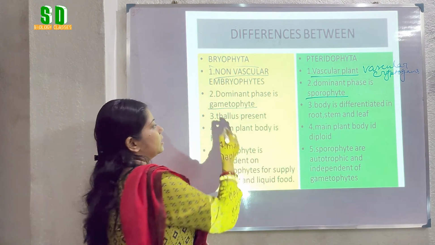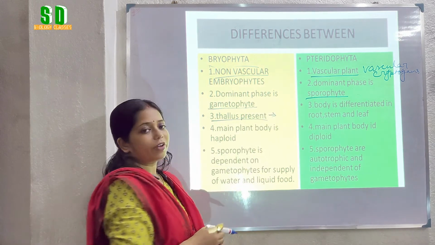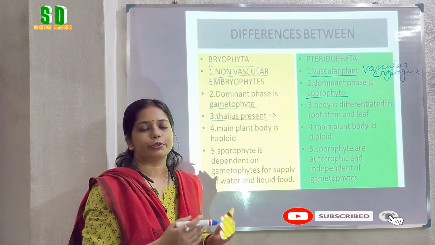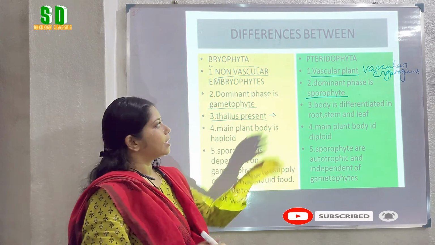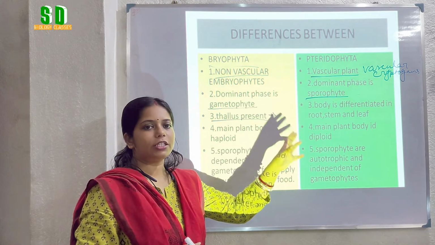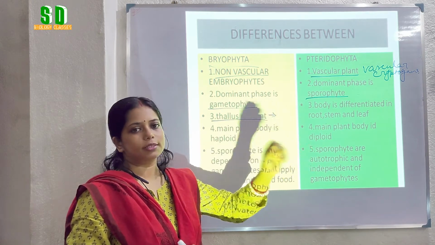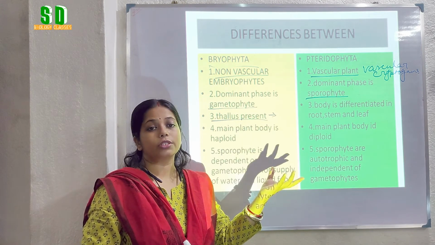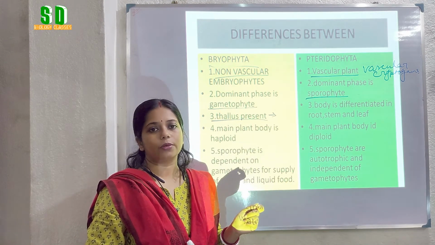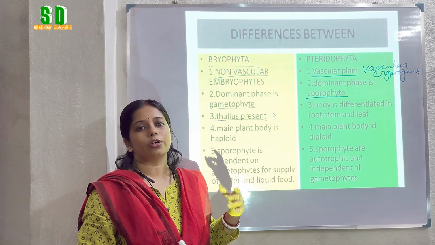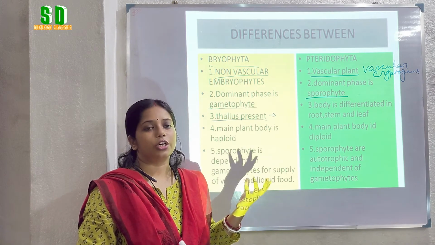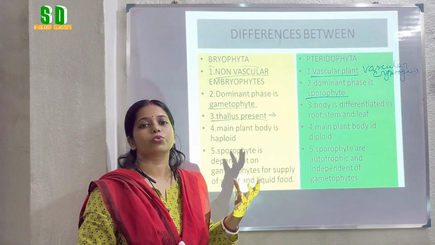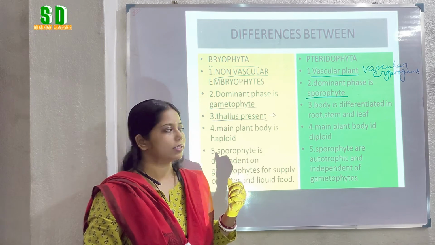In Bryophyta, the thallus is present. That means we can see a thallus-like structure where the plant body is not clearly differentiated into root, stem and leaf-like structures. But in Pteridophyta, the plant body is clearly differentiated into root, stem and leaf-like structures. The roots are of adventitious type. In some cases, the leaves are also of different types, like cataphylls, trophophylls which help in photosynthesis, and the leaves which bear the sporangia, that is sporophylls.